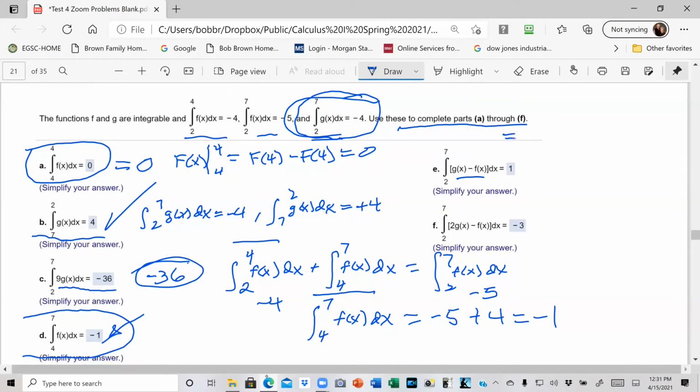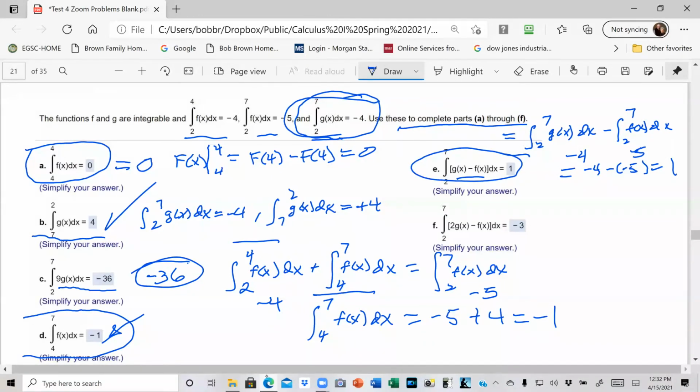Well, this is going to equal the integral from 2 to 7 of g of x dx minus the integral from 2 to 7 of f of x dx. From 2 to 7 of g of x dx is minus 4. From 2 to 7 of f of x dx is minus 5. So this is going to be minus 4 minus minus 5 equal 1. So that is 1. And then finally,